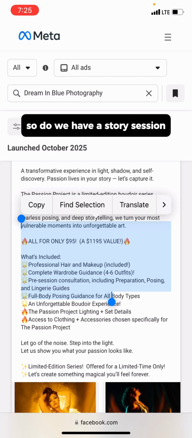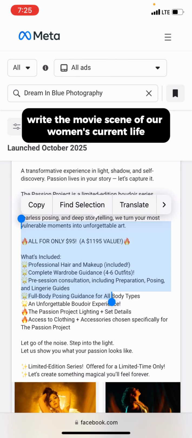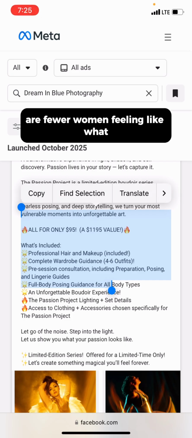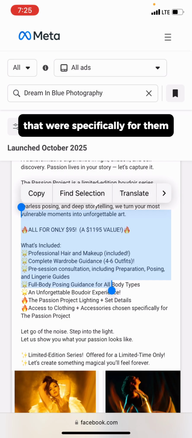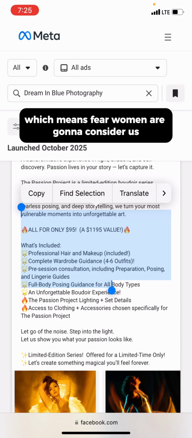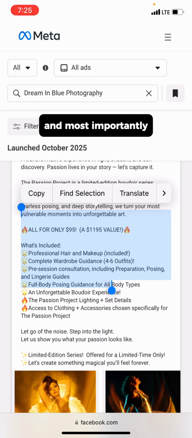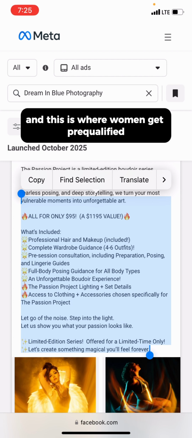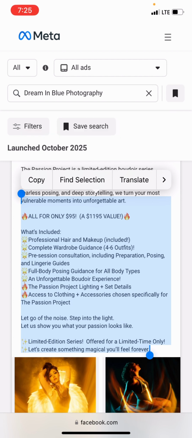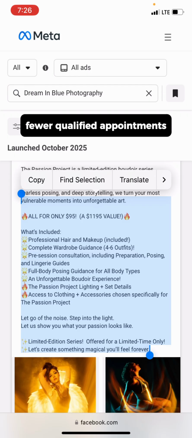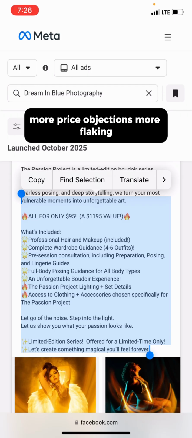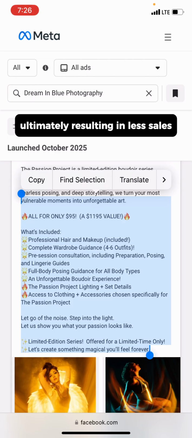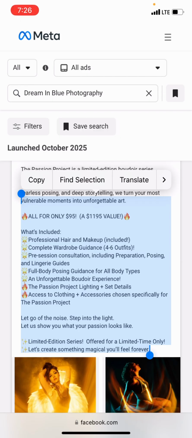So do we have a story slash narrative here, the movie scene of our women's current life? No. So we're missing that. So fewer women feel like we're specifically for them, which means fewer women are going to consider us, fewer women are going to purchase from us, and most importantly, fewer women are going to consume the rest of our ad copy. And this is where women get pre-qualified. So we're having fewer women get pre-qualified, resulting in fewer qualified leads, fewer qualified appointments, more ghosting, more price hunters, more price objections, more flaking, more tire kickers, ultimately resulting in less sales, lower revenue, fewer conversions,